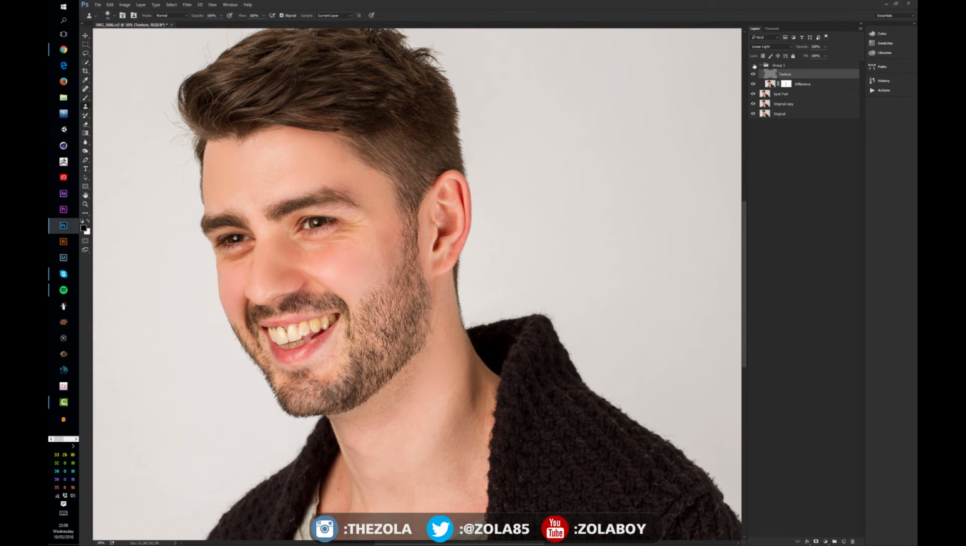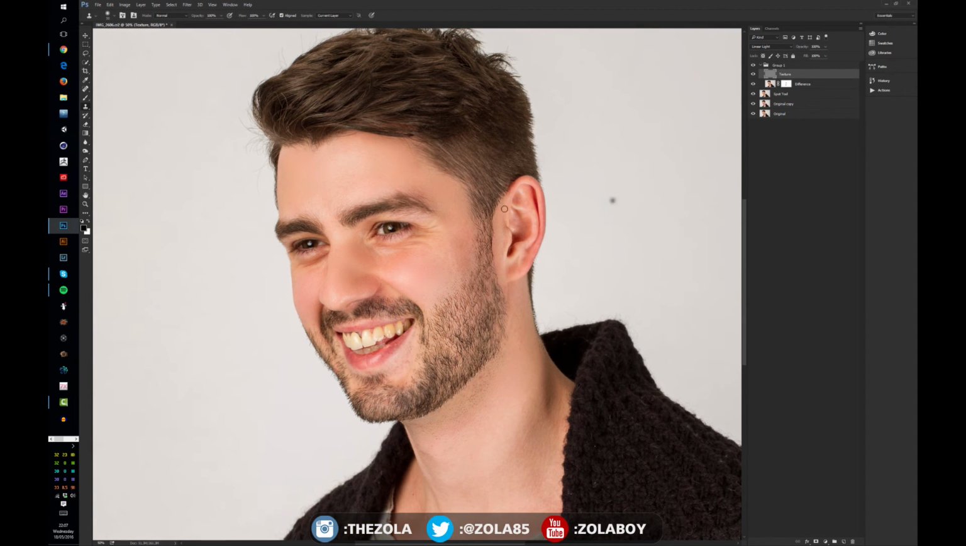So let's have a look at our before and after. As you can see here, the change is quite radical. Now he has beautiful skin and looks like a little baby cherub. And what we can do now is I'm going to make a new layer. I'm going to hit shift backspace